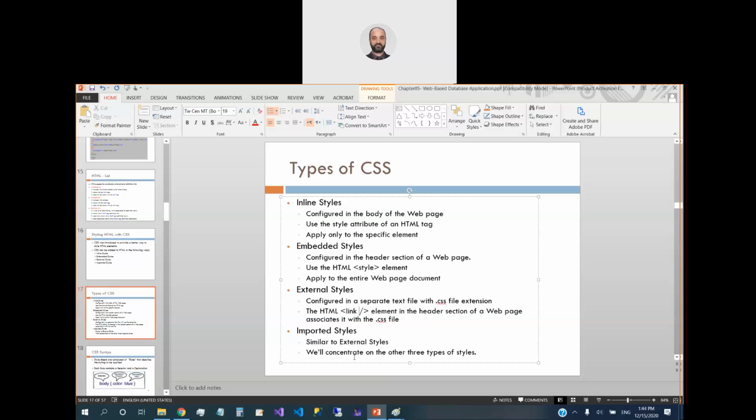Then the last one is the imported style. It's similar to external style. We will concentrate on the other three types of styles. This one actually is,